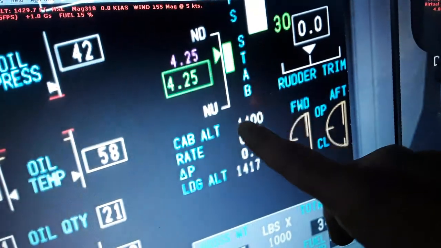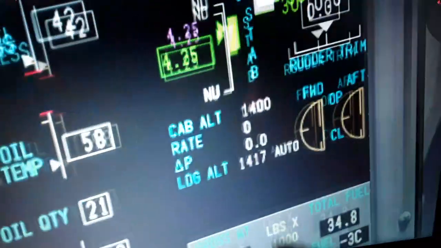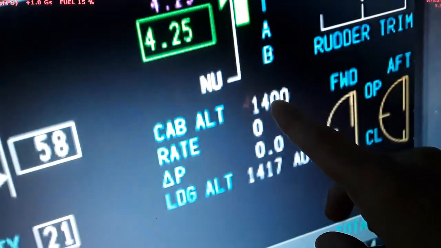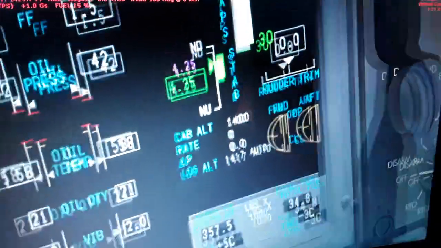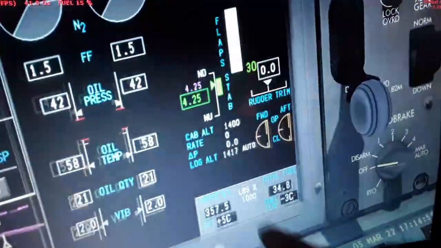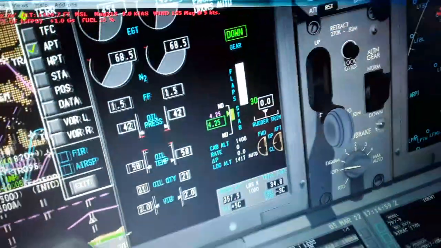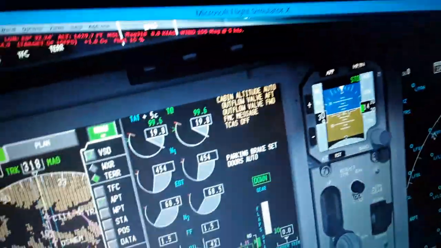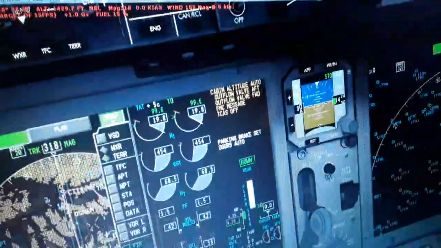Cabin altitude right now 1400. We have maximum 6000 feet altitude of cabin when we're going to be flying at 40,000 feet. So we're going to be having a differential pressure 7.8 psi, a rate of climb and descent, and the outflow valves forward and aft. You can see the messages with amber color here: cabin altitude, outflow valve aft and forward. Also the FADEC